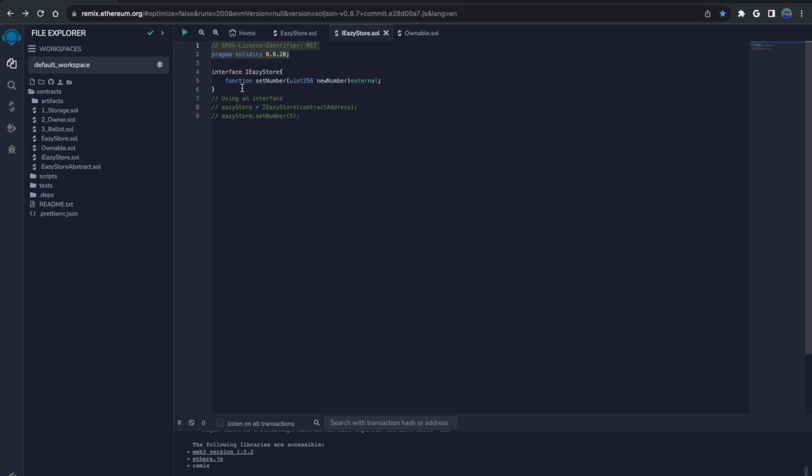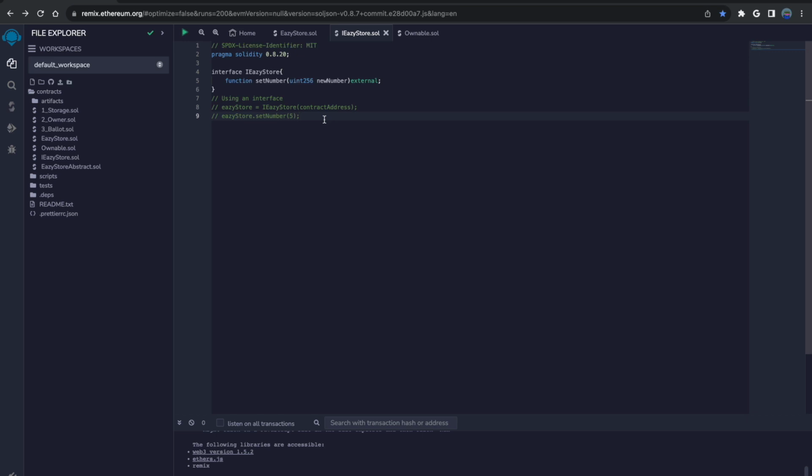And what we would do here is create an interface named setNumber. And the way I would use this in my contract, if I was a developer who wanted to interact with the EasyStore contract, all I would do is use this interface, take the contract address, and then point my interface to whichever function or whichever specific interface I'm going to be using. So you have your main interface, but you may have different functions that you want to call. So that's how I would call this, instead of having to worry about the actual functionality within the code.